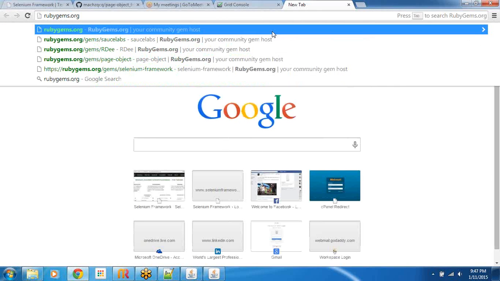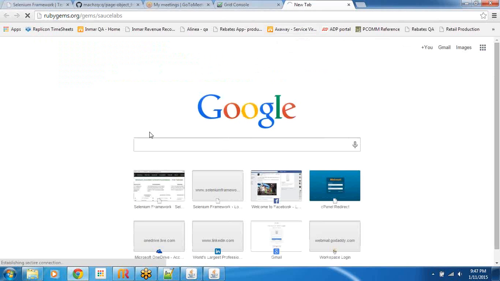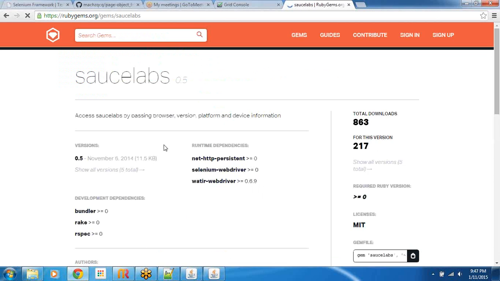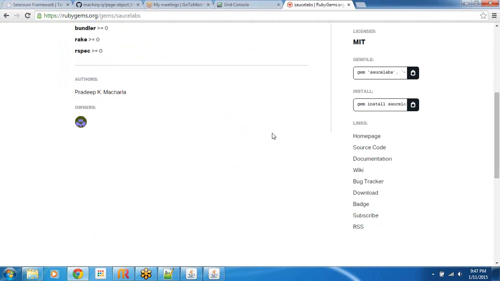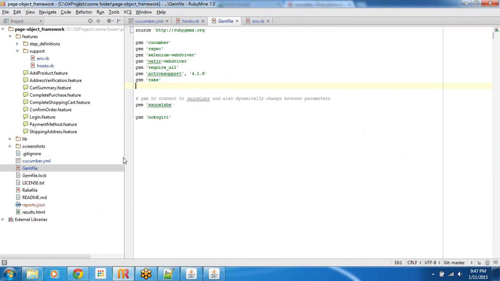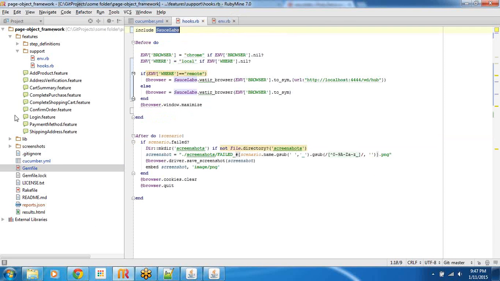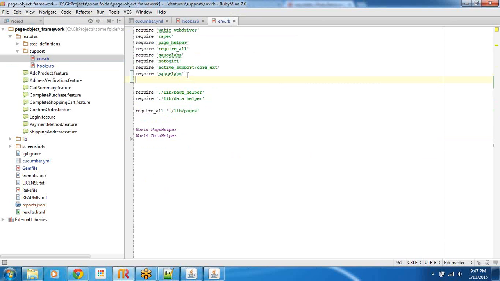You go to rubygems.org and go to my gem, which is gem saucelabs. It specifies all the requirements: gem install saucelabs. So all you have to do is, in your RubyMine project, go to your gem file and add gem saucelabs. Most likely if you have downloaded this project, it already has gem saucelabs. Then in your env.rb you would have to say require saucelabs so that you can include this module